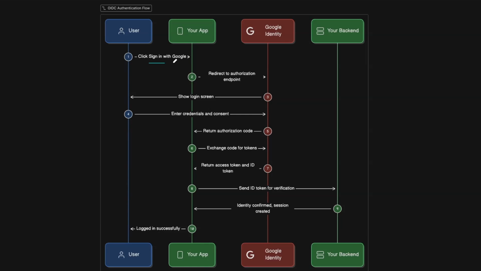So when you click on sign in to Google, let's say, via your app, it will redirect you to the authorization endpoint. And this will show you the login screen where you grant access to sign in to Google through your application. If you enter your credentials and consent, then the provider will return the authorization code. And after this step, your application will exchange the code for tokens and return the access token in combination with